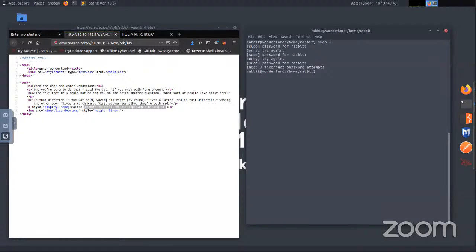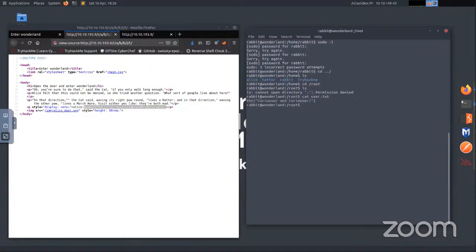All right, let's see if the rabbit has access to some things. So let's cd into the home directory, and we are looking for two files: the user.txt file, and the, what is it called, the root.txt file. All right, so let's see if the rabbit can access. He cannot access anything in here. Let's see if there is a file,